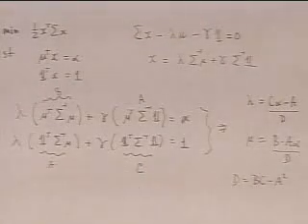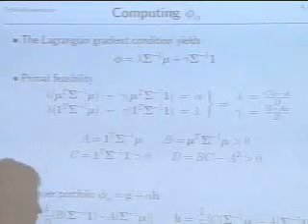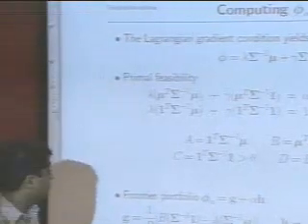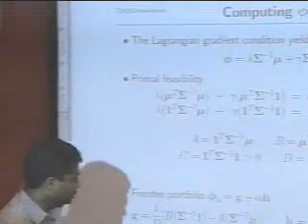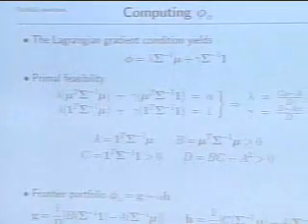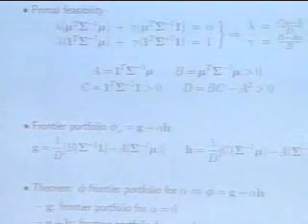So all you're taking is the determinant of some matrix divided by the determinant of the constraint matrix that you've got. So you get the value of lambda and gamma, and then you plug it back into this expression,